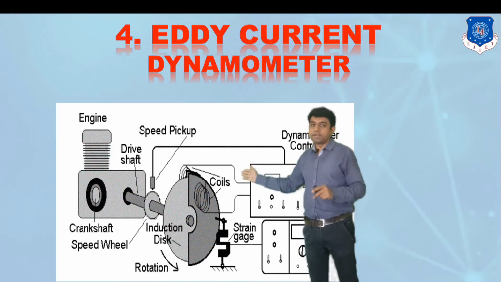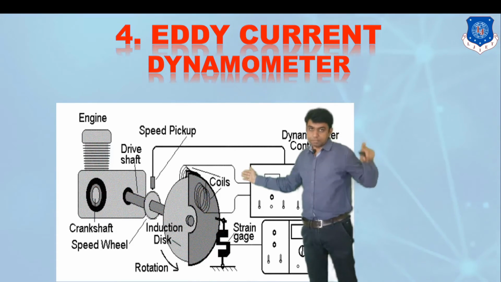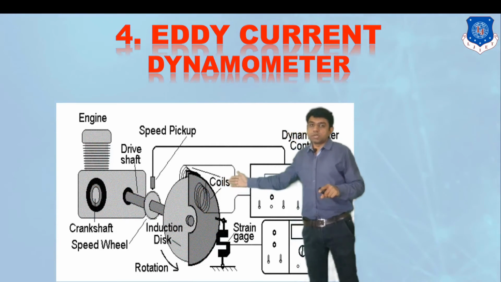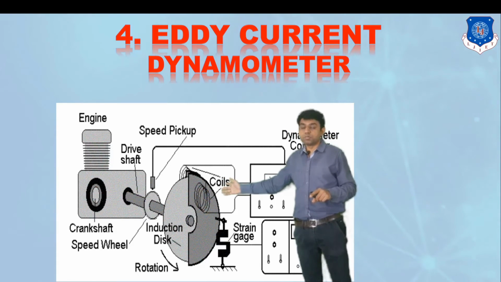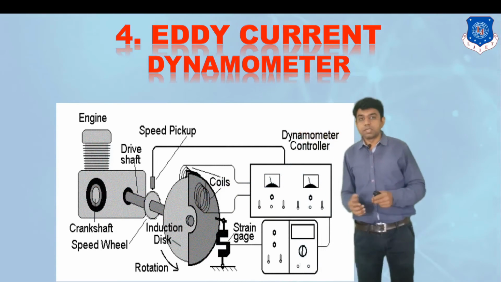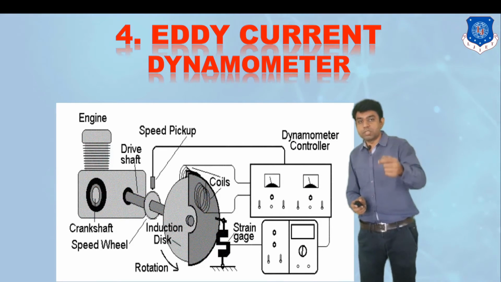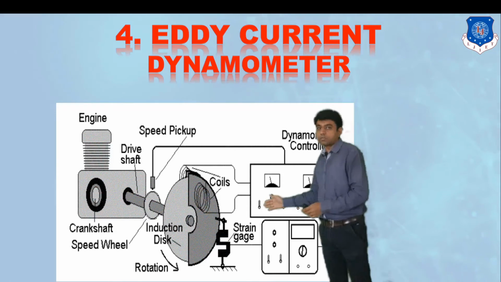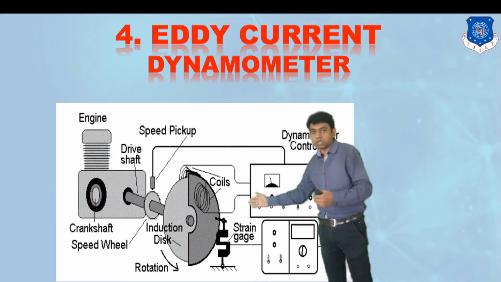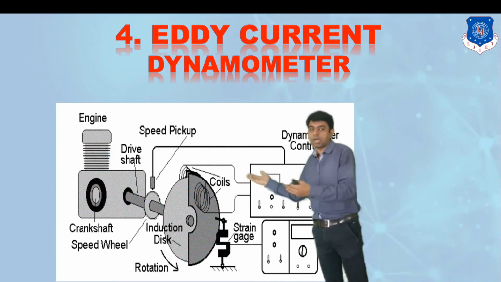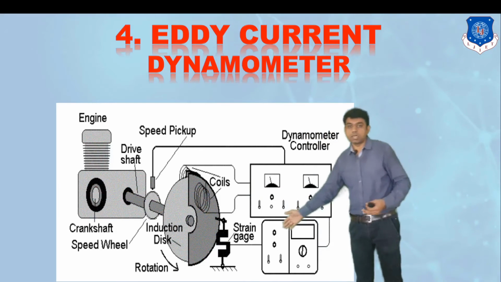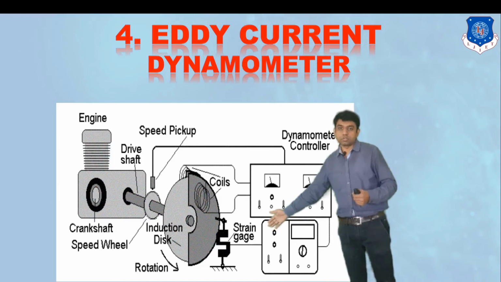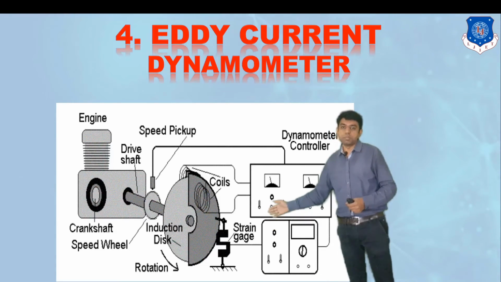Once this field is there, and the rotor rotates, it will cut that particular field. If it is cutting that field, then the eddy current would be produced. Now what this eddy current will try to do is mitigate the source from which it is generated. It will try to stop the source from which it has been generated. So it will try to stop its rpm, but it will transmit the rpm to the outer stator part. But the stator part is again attached with a spring balance weight or a torque arm which will try to stop the stator. How much force is received on that would be measured, right?